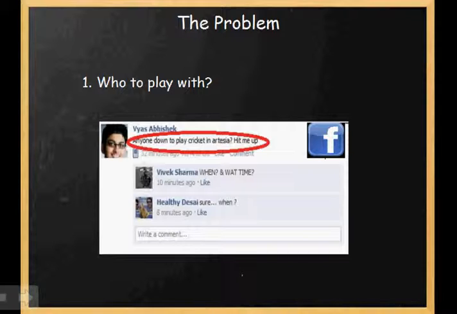play with. There's a very limited base of cricket players, and a lot of times the only solution for finding others to play cricket with is to either update your Facebook status, trying to find other people who will be interested to play, or send a text message to your entire phone book to see who may be available